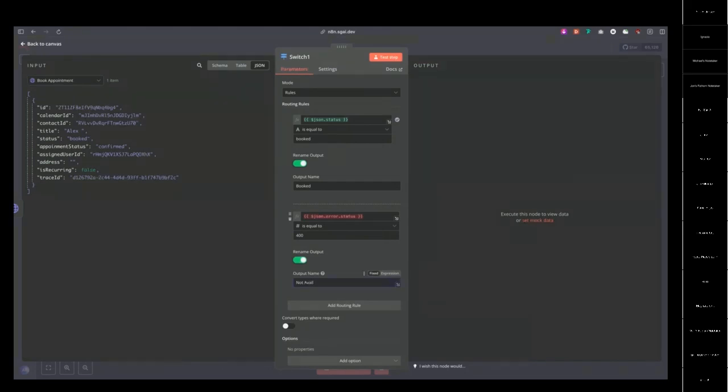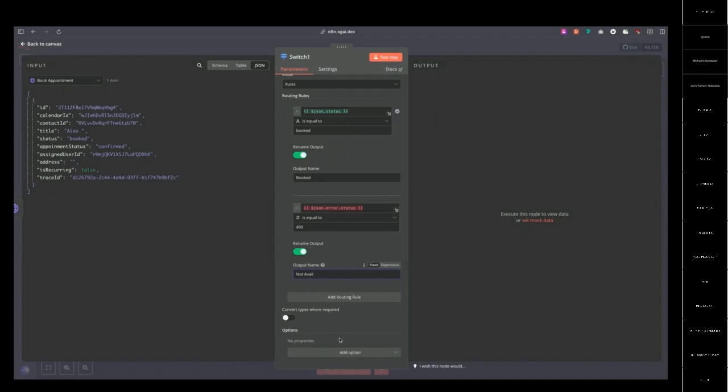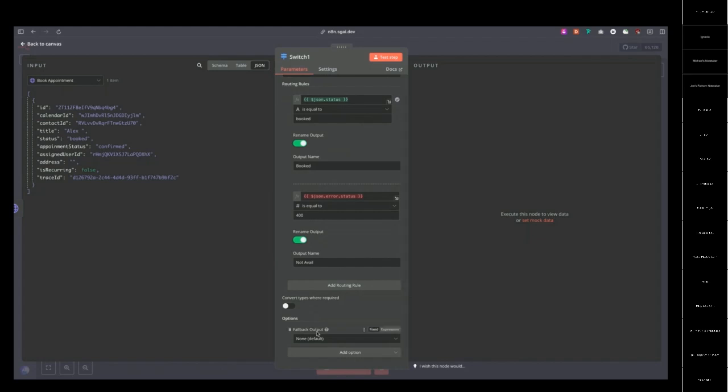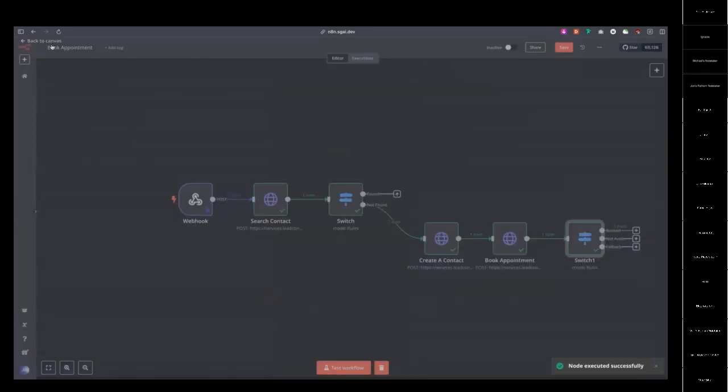That's what it means. And then we might also want to do some other fallback, like if everything goes wrong, or maybe there's something else that we didn't think about, then we're going to use a fallback output. And for the fallback, it's just going to be an extra output. All this means is if it's something else other than these two, then we want to send the notification. And here I'm going to test this out. Of course, it's going to show as booked. And if it shows as booked, then we want to